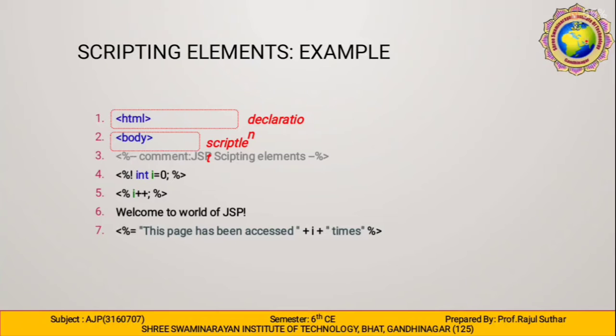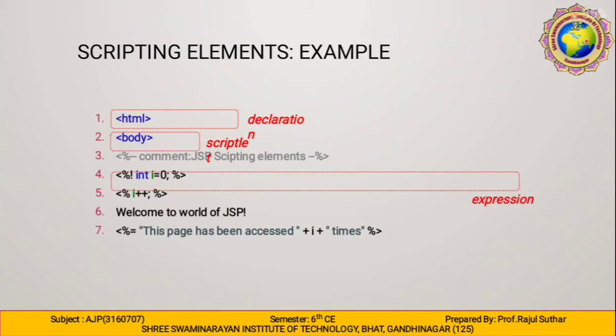Welcome to the world of JSP. Then you have to enter the message, and this is the expression tag.